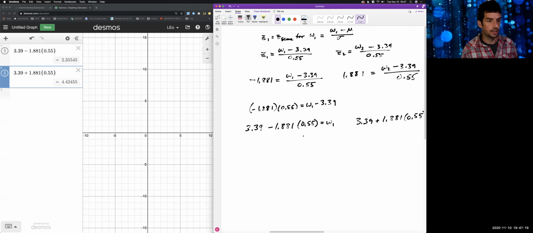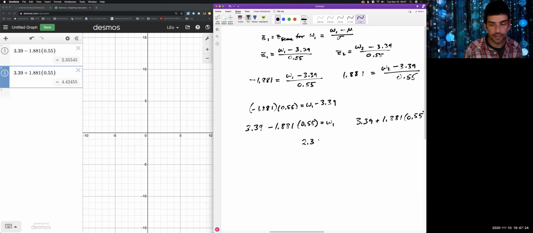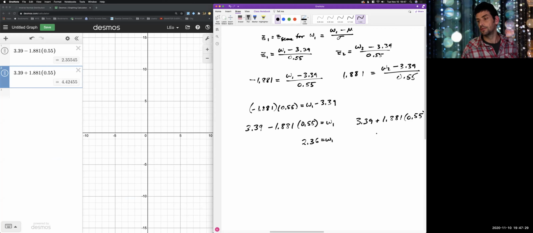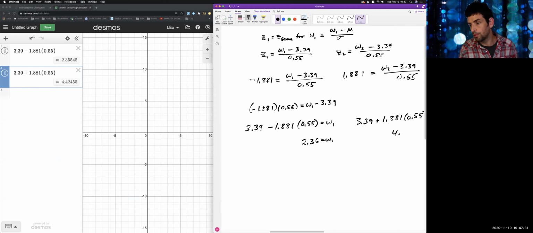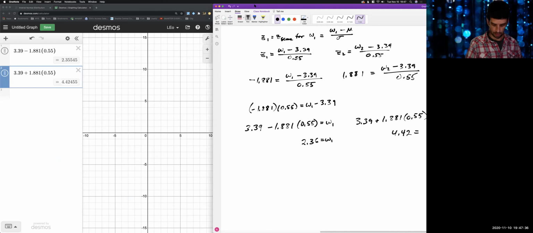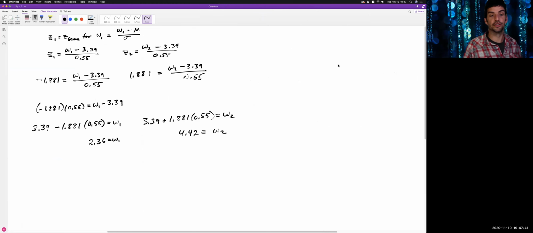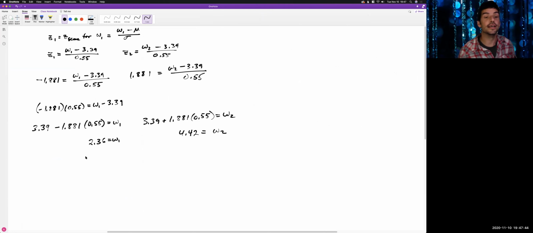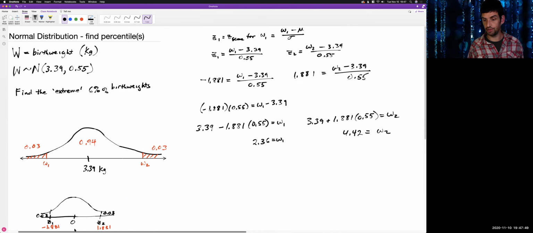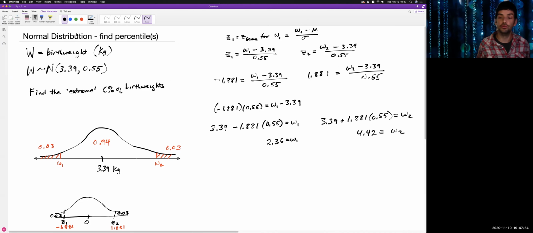W1 is 2.36. Let's go to 2 decimal places. 2.36 is W1, and 4.42 is W2. Okay. These are both in kilograms. In other words, we could say the most extreme birth weights are below 2.36 kilograms and above 4.42 kilograms,